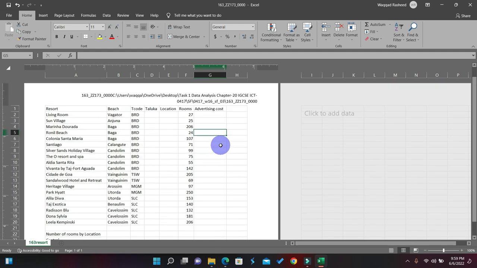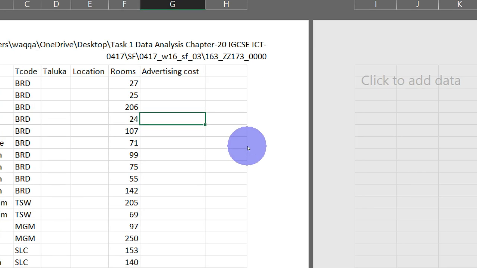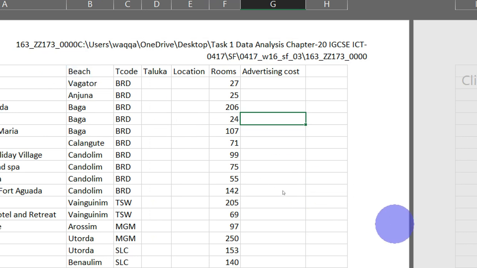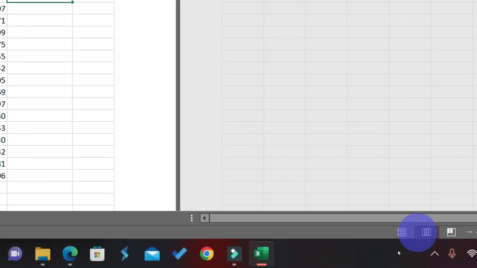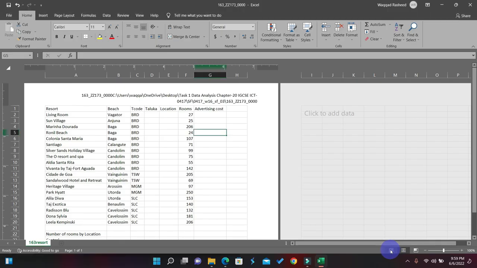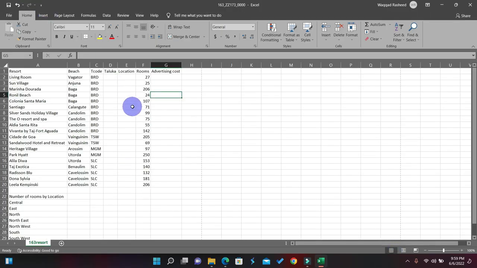So next step is that as this view, I'm not comfortable in doing work in that view. So what I'm going to do, I'm going to revert back to the normal view. So how you go back to the normal view? You have to go down here in the right bottom corner, and here there is option of normal view. So I'm just going to click on this normal view, so you can see that you revert back to the